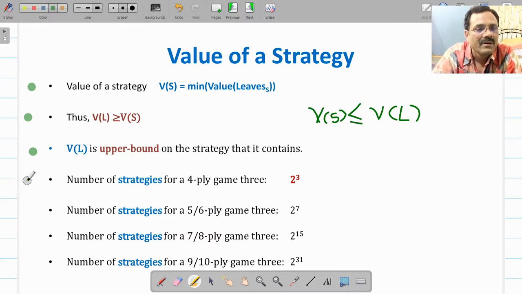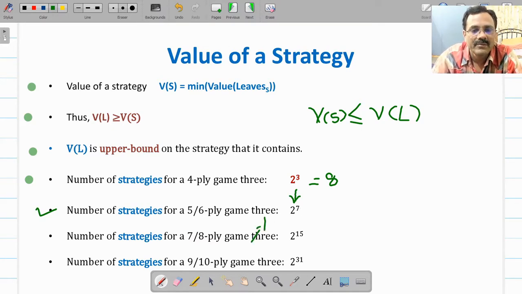So you will find out the game tree. Just now we have seen it was a 4-ply game tree, and in this 4-ply game tree the number of strategies was 8, that is 2 raised to 3. So it belongs to a maximum of 8 strategies. If you move further, if your game tree is 5 to 6 ply deep, that will be 2 raised to 7. So see, the value is increasing from 2 raised to 3 to 2 raised to 7.